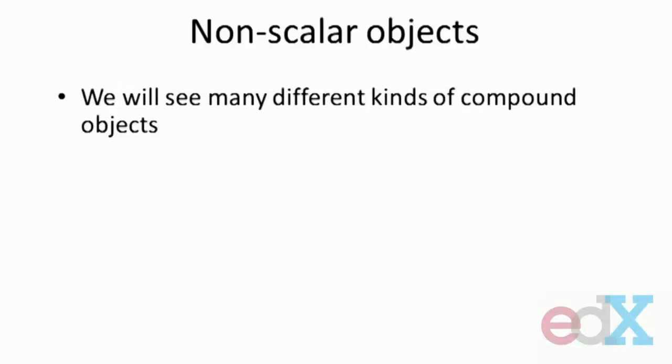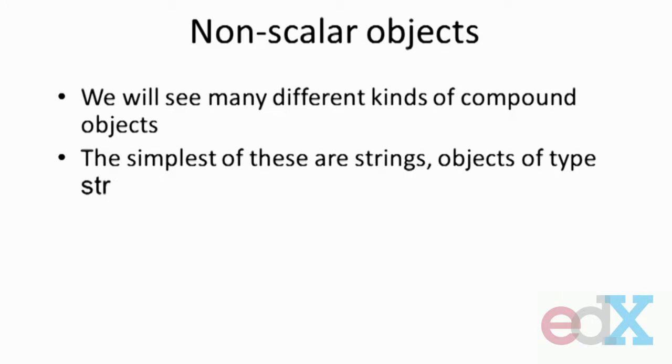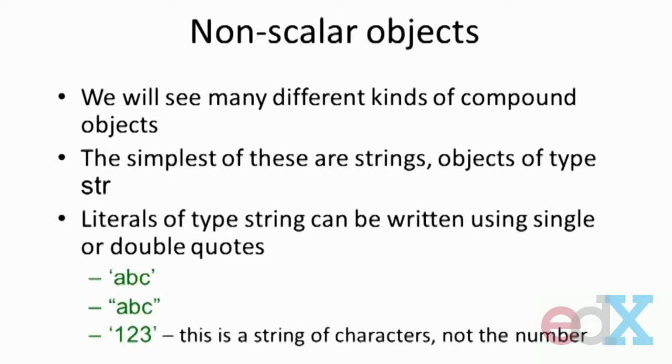So non-scalar objects are compound things, things whose portions or components we can get at. We'll see a lot of these throughout the course of this subject. But the simplest one to start with are what are called strings, or objects that have a type str for string. And these are literally just sequences of characters that are all concatenated together. So, how do we write them? Well, literals of this type can be written either by putting them inside of a single quote or